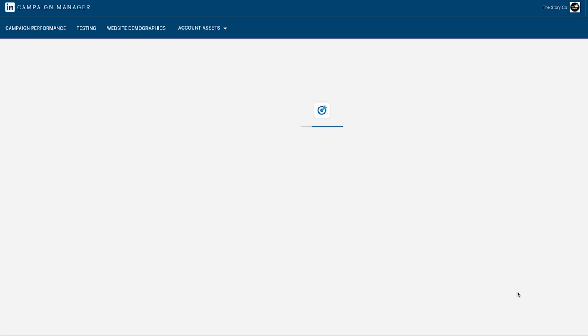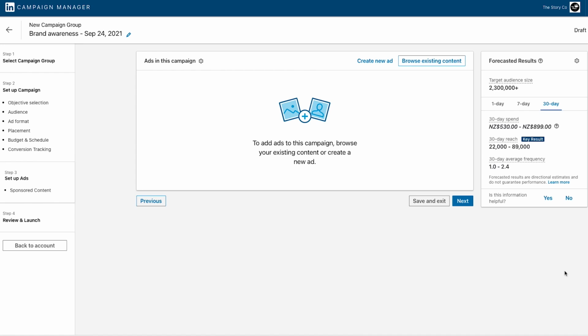Then you're on to the creative, which will be displayed as mockups. Once you're happy with them, the next section requires you to hand over your billing info, and after that, you're ready for launch. Of course, the more comfortable you get with this process and the closer eye you keep on